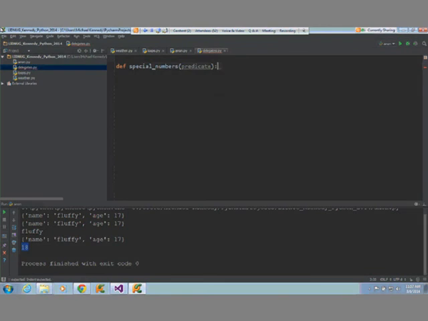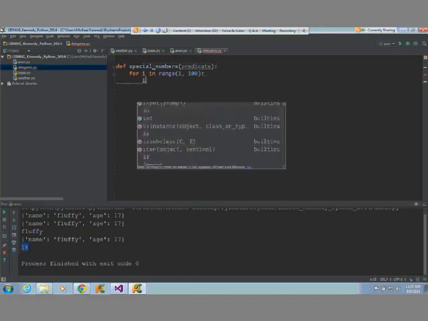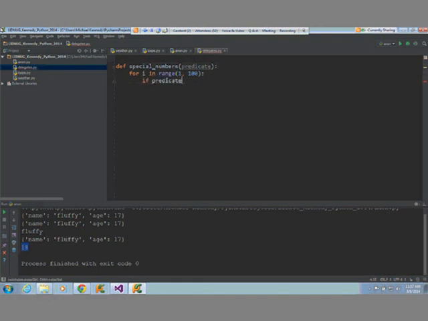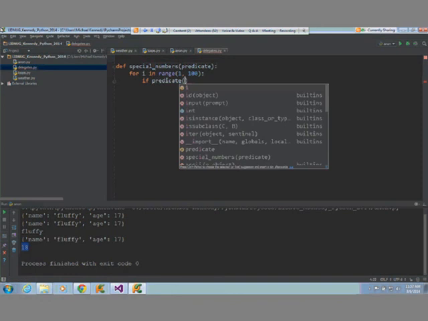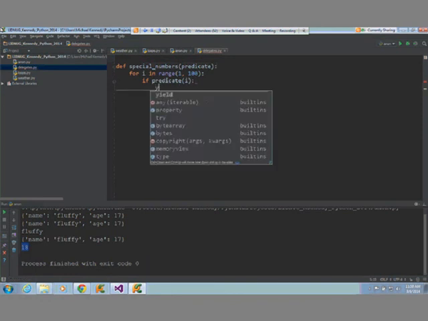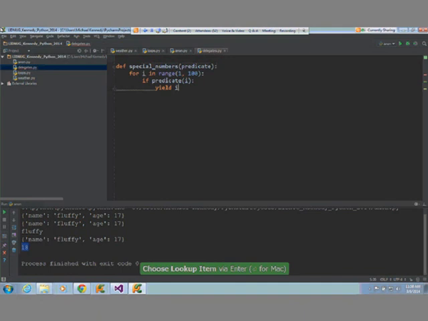And so we'll say for, here's where you might want that indexed for loop, or the numerical for loop. But I'll just say for i in range from 1 to 100, say if predicate, you could type parentheses, it won't hurt anything, but it's also not necessary.